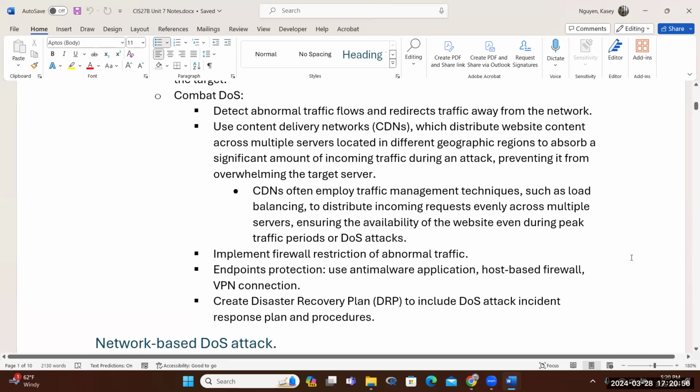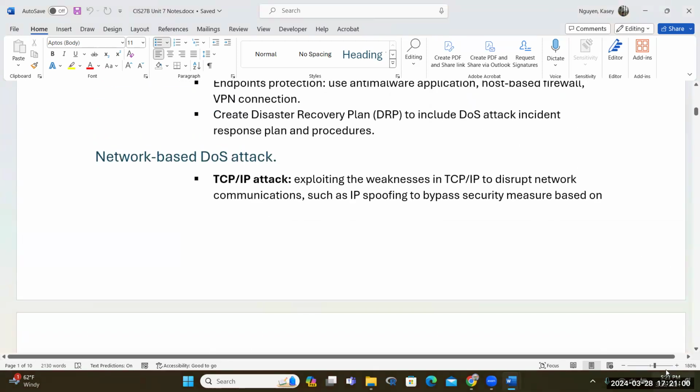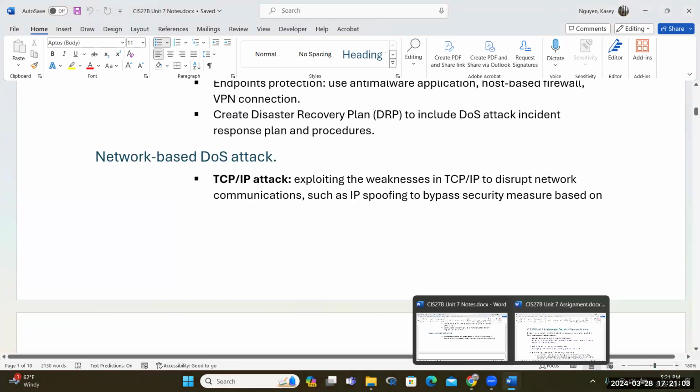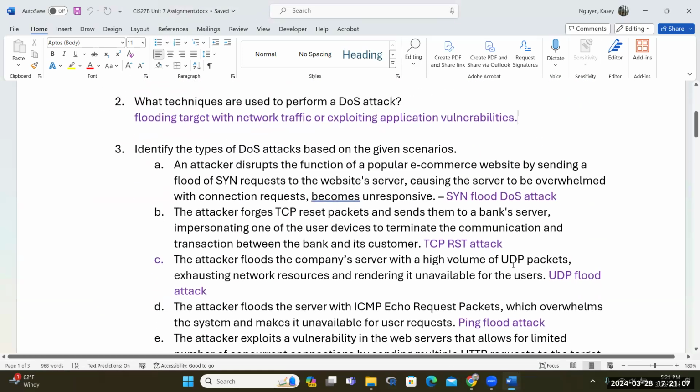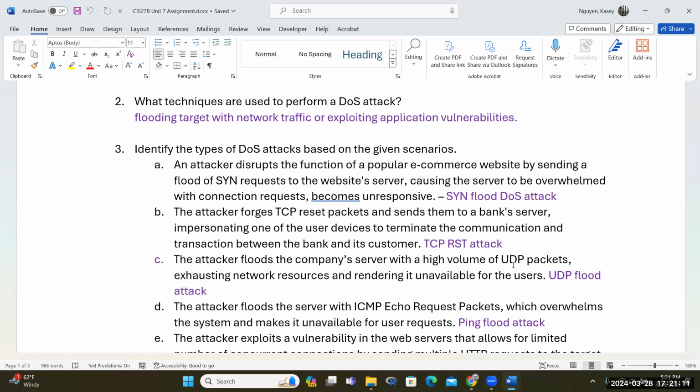Okay. So let's take a look at your assignment. So let's identify based on the scenario, because in certification, a lot of times they give you a scenario. So question 3A. An attacker disrupts a function of a popular e-commerce website by sending flood of SYN requests to